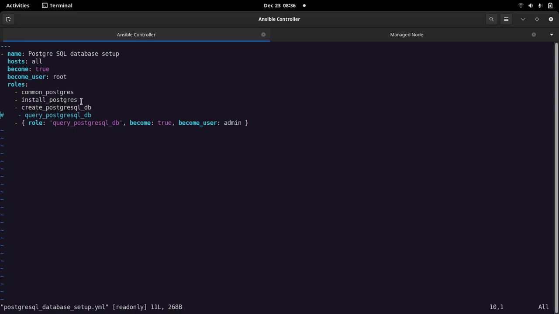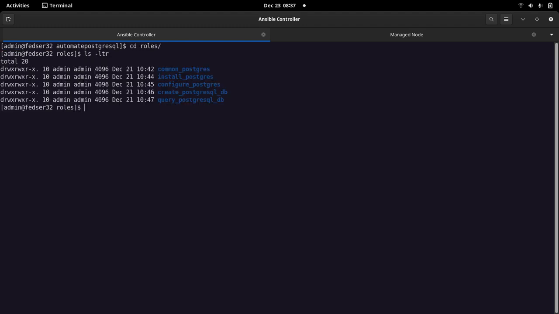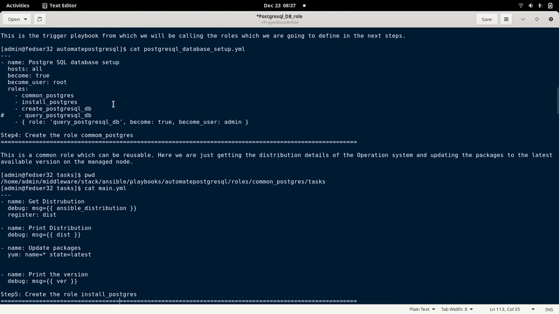Basically I am going to incorporate that configure role into the install Postgres. Okay, so let us go into each of the roles. Let me go into my first role.